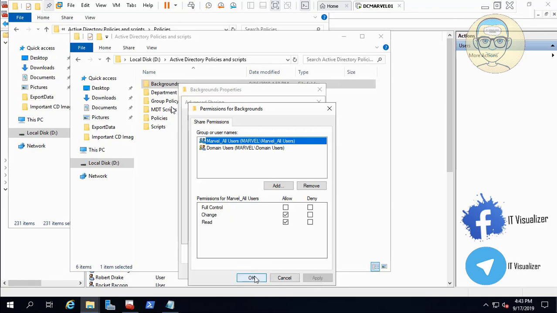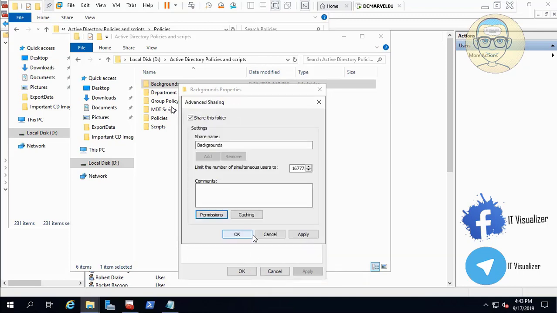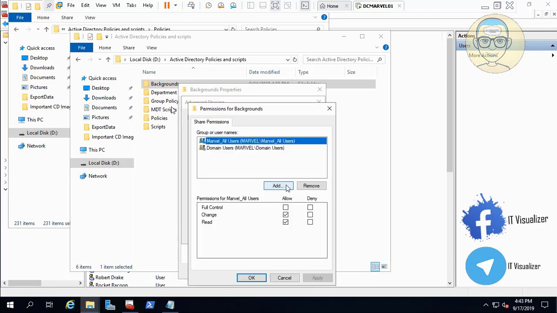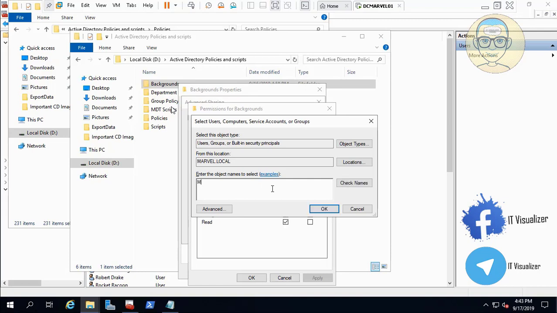Okay, so we will tell him apply. We need only to give them read, and then here I will add the IT group. Okay, so you can add the IT to have full control over the folders. We have the IT group,